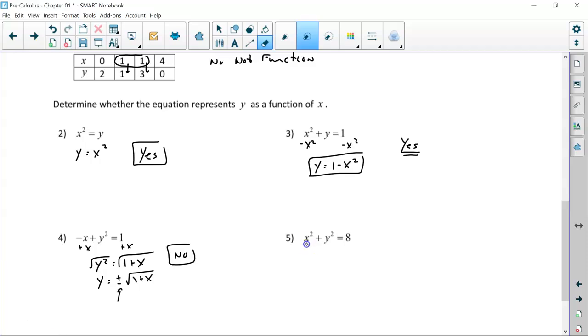Number 5, subtract x squared from both sides. Y squared equals 8 minus x squared. Take the square root of both sides, y equals. Once again, taking the square root, plus or minus the square root of 8 minus x squared. Because of that plus or minus, once again, no. Y is not a function of x. On the next page,